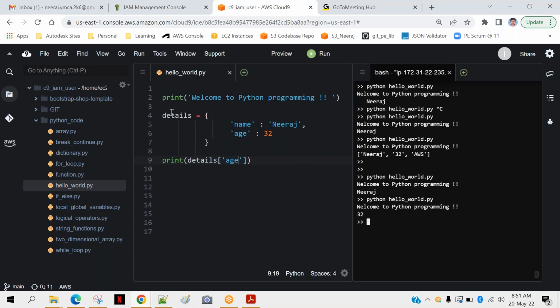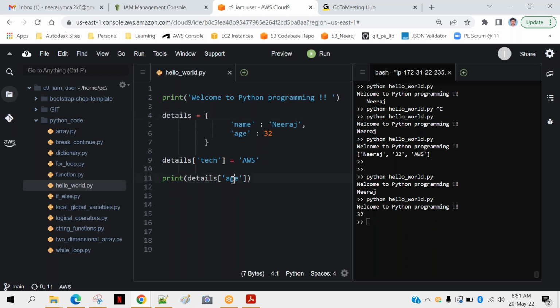And you can add more values as well. Suppose you are declaring the details and you added 2 values, but later you want to put more values. Suppose you are connecting to a database and then you want to put more value, suppose technology, right, and the value is AWS. So this key value pair, technology AWS, this will be added to your details dictionary.